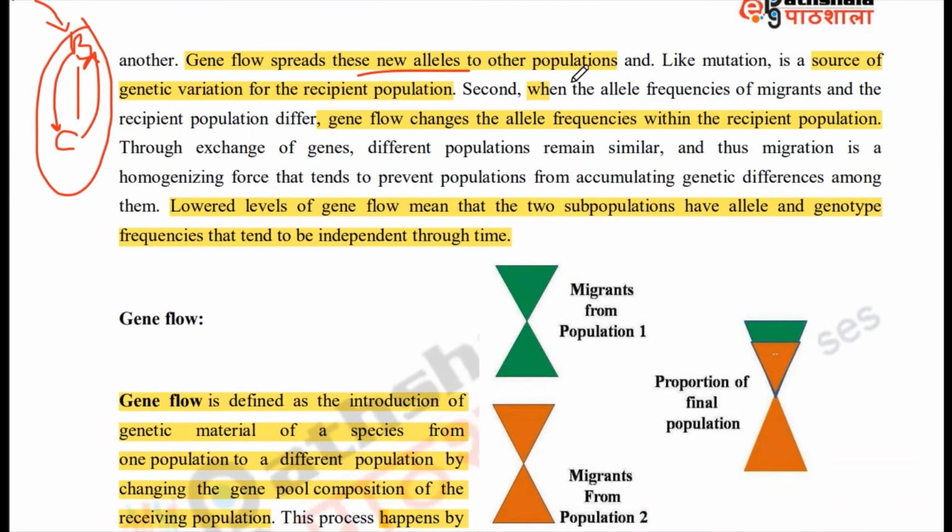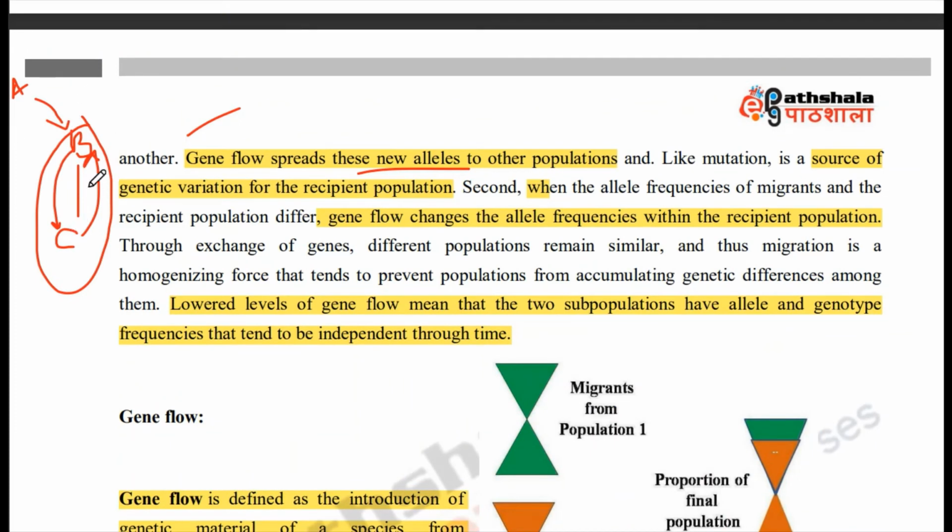And therefore, similar to any other evolutionary force, gene flow is also acting as a source of creating genetic variation, right? So in C, now there is a new component being added, so therefore it is also leading to a sort of genetic differentiation for the recipient population. And ultimately it is going to affect the allele frequency, so it also becomes one of the factors disturbing the Hardy-Weinberg equilibrium, as a force acting upon the population, which affects the allele frequencies of the population.